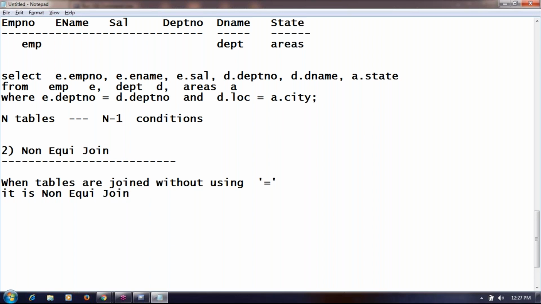If you use any other operator other than equal to sign, that becomes a non-equi-join. Example: consider 2 tables. One is employee table, which you already know. Consider the second table, sal grade table.